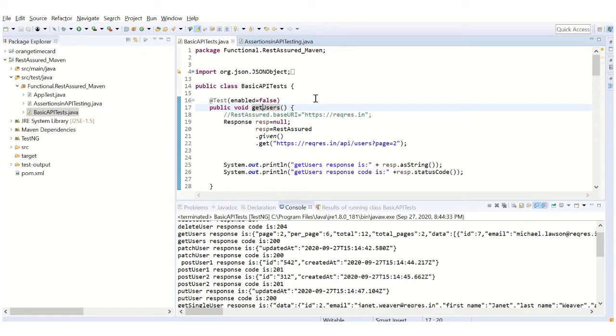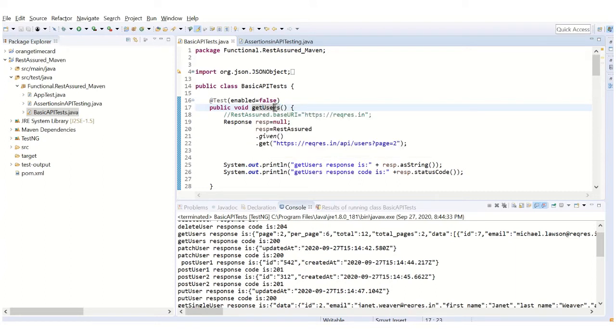In our earlier video we would have seen how to add REST Assured jar files to our project, or how we add the REST Assured dependency to a Maven project so that it can import all the related Java files and jar files, which will in turn be used to make these requests and run them. So that is all done in the previous video. You can find the link in the description below. If you don't know what we are talking about, first see that video and then come back to this video.